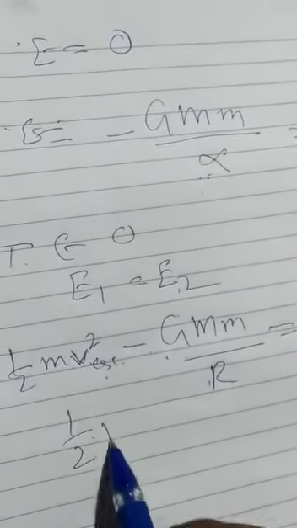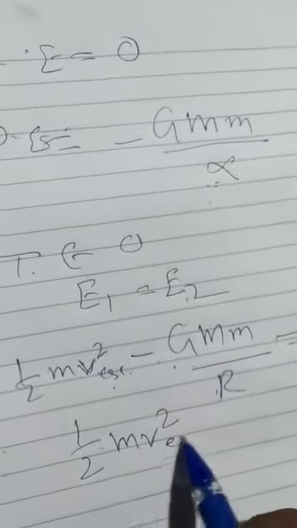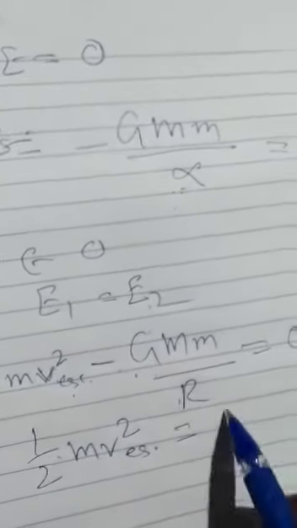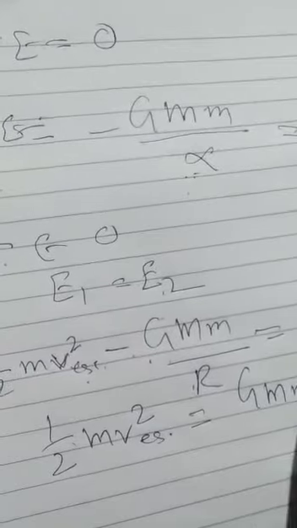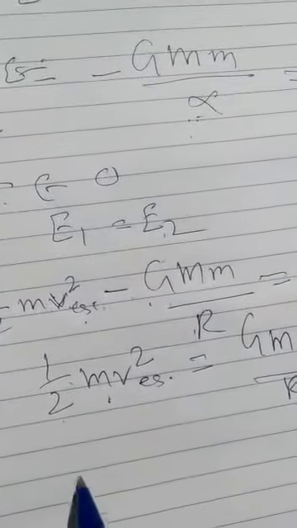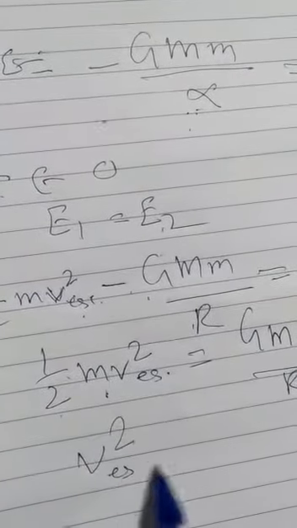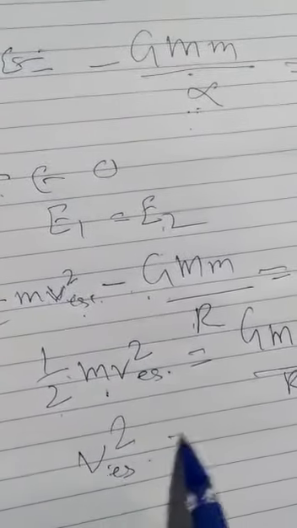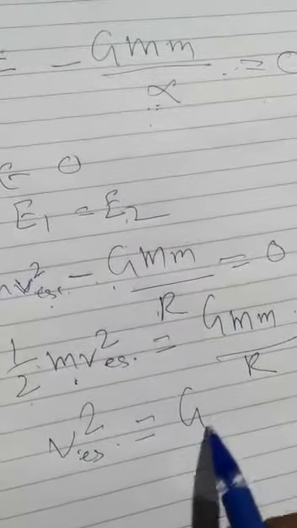That means half mv square is equal to GMm upon r. Thereafter the m and 2 are taken to the other side, so v square, the escape velocity square, is equal to